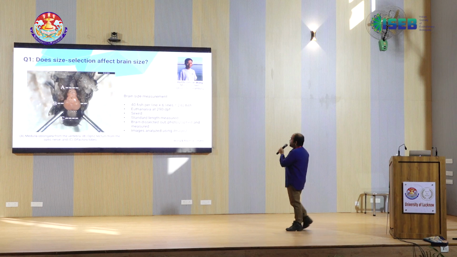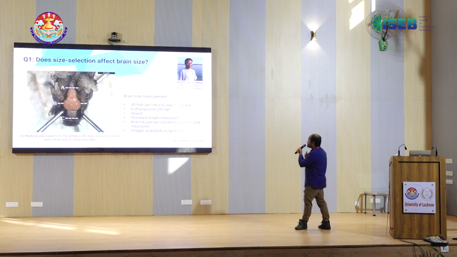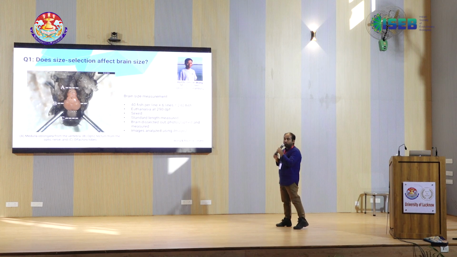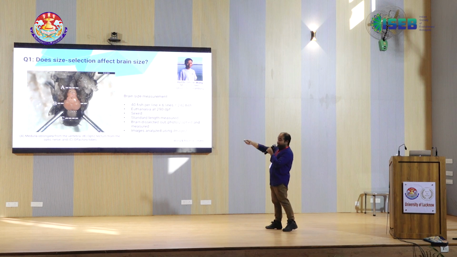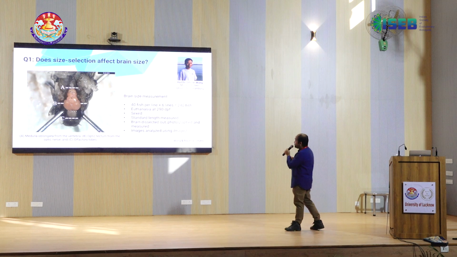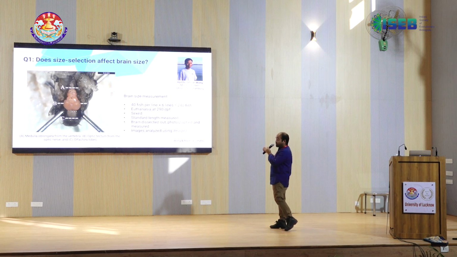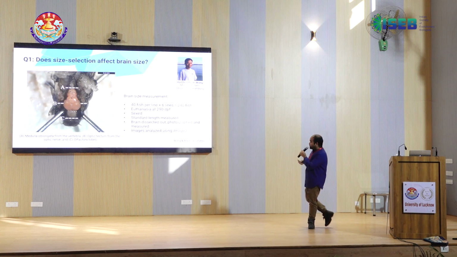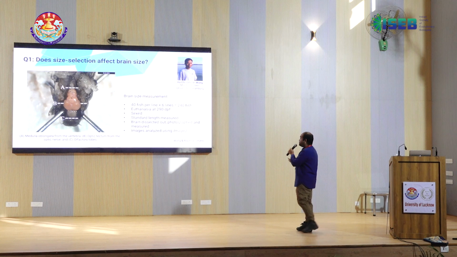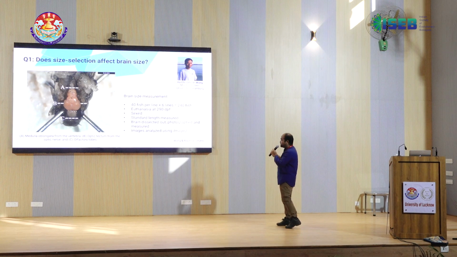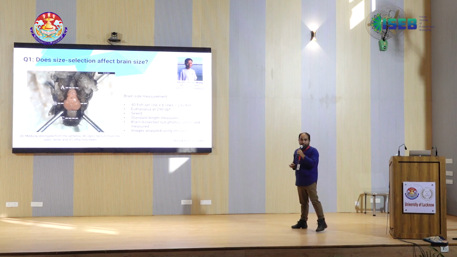Okay, the first question. We ask how size selection alters brain size. This is work done by Ho-Chi Othniel Wong, who is a master's student who worked with me in this project. This is how a zebrafish brain looks after dissection. We sampled 240 fish, 40 fish per selection line, at 290 days post-fertilization. We euthanized them, measured the standard length, dissected the brains out, photographed and measured the different brain regions. And we used ImageJ for analyzing the size of the different brain regions.